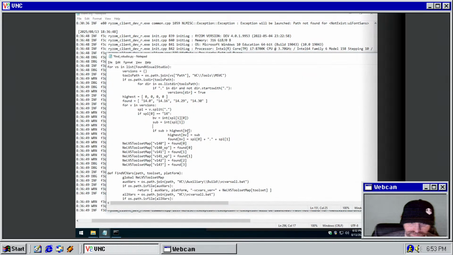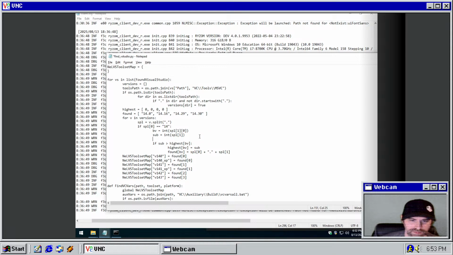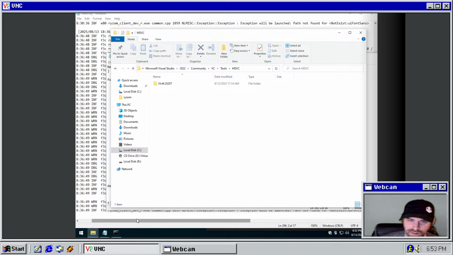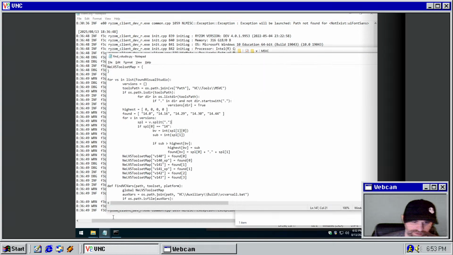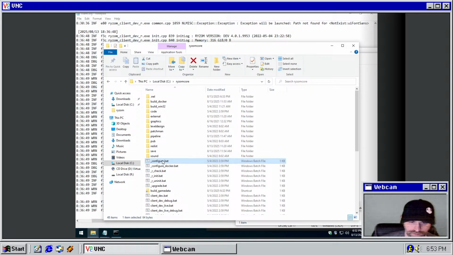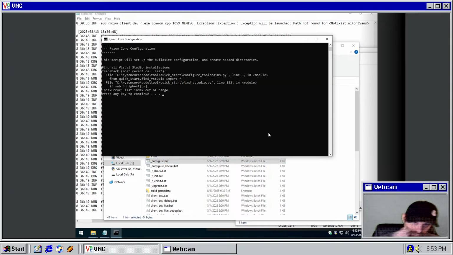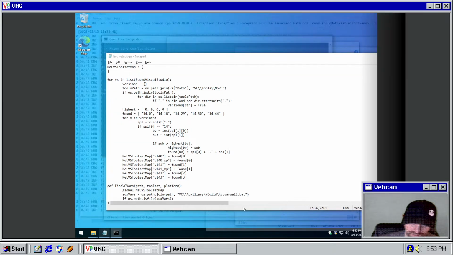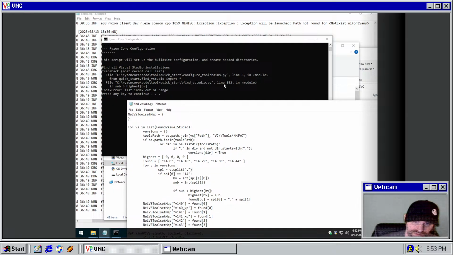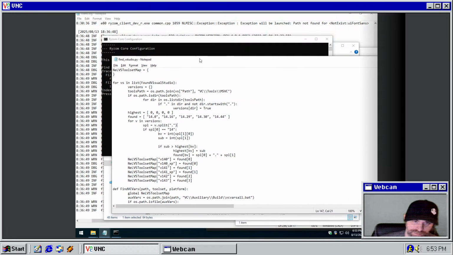So let's go back to you. I don't think there's anything. Let's just try that and see what happens. Still getting index out of range. Let me just do a sanity check real quick. So find vStudio line, there might be multiple